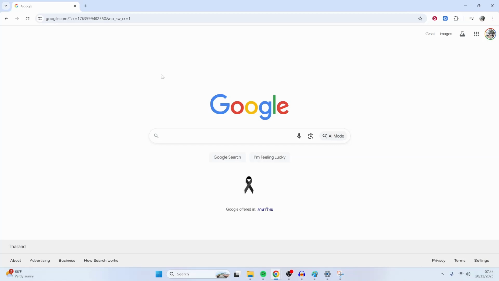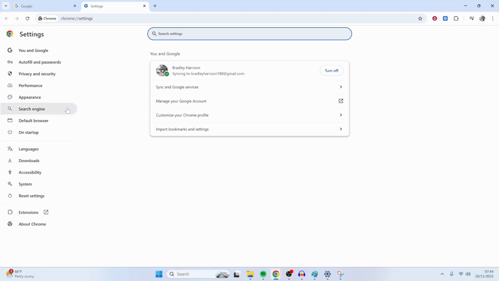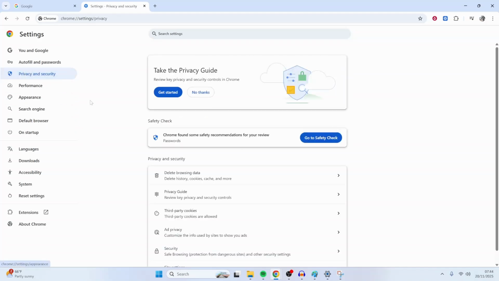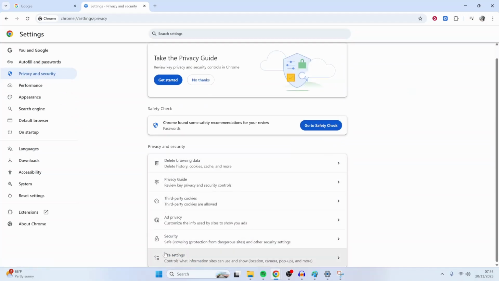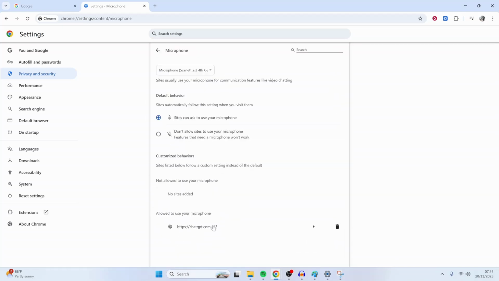Now, if you want to check what websites you've actually enabled your mic for, then you can do that in Google Chrome by going to the three dots in the top right-hand corner. You can go to Settings. You can then go to Privacy and Security. You can then scroll down to Site Settings, and then you can go to Microphone,